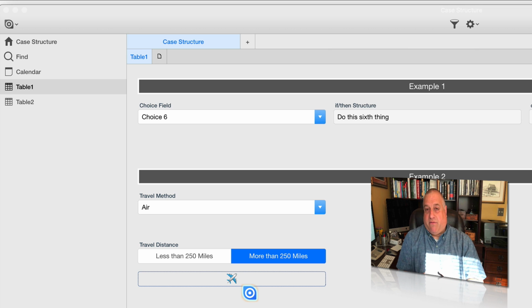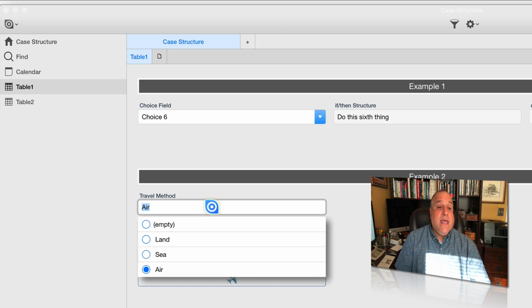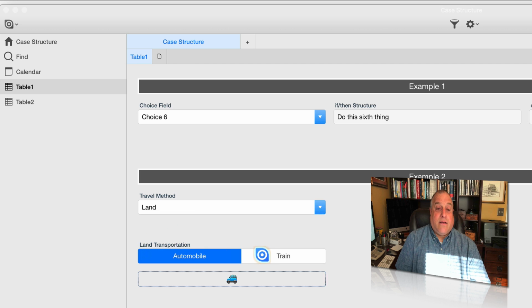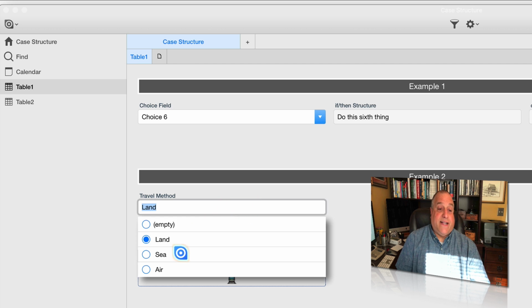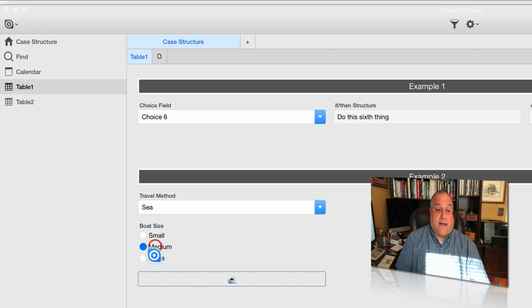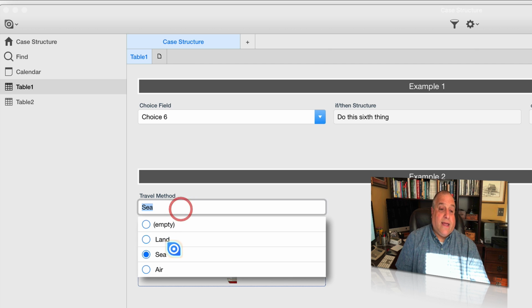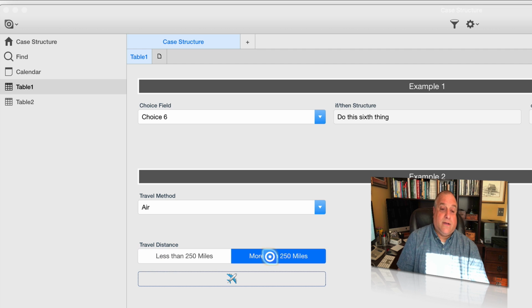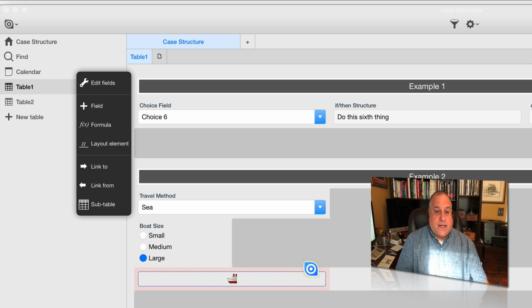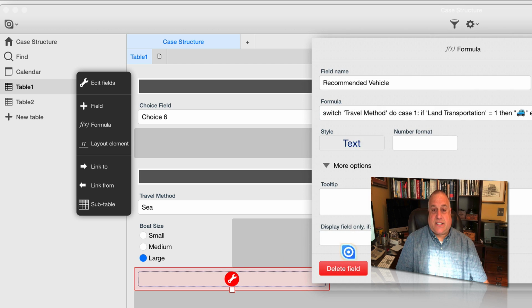More than one thing has to be evaluated to get a complete picture of our current state. And only when we have evaluated everything and we have that complete picture are we going to know what to do next. In case of land, choose between train or automobile. If it is sea travel, we can pick the size boat. And again, if it's air travel, short distances in our helicopter, long distances in the airplane. Let's look at this complex